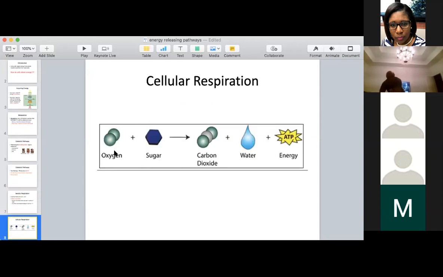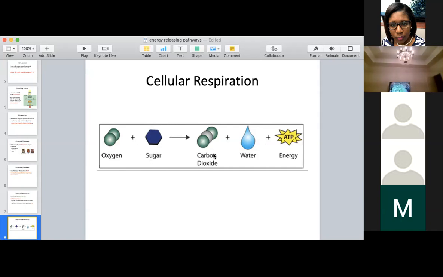Okay, so let's look at the chemical reaction for cellular respiration. Remember I said these are chemical reactions that are taking place in our bodies. We represent what happens in a chemical reaction by a chemical equation. Chemical equations have two components. We have some things happening on the left and some things happening on the right. The things on the left are our reactants involved in this chemical reaction: oxygen and glucose. Oxygen is required for cellular respiration, and those glucose molecules are our starting point. So oxygen plus